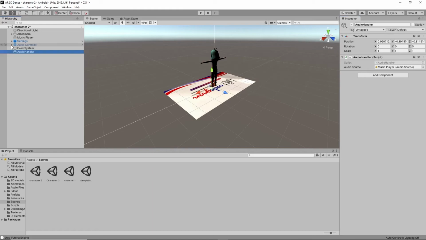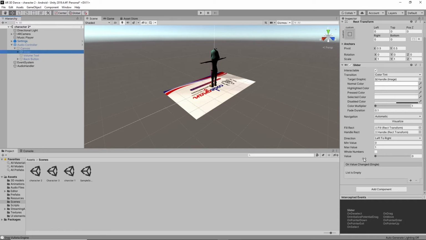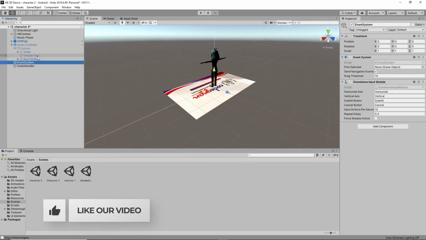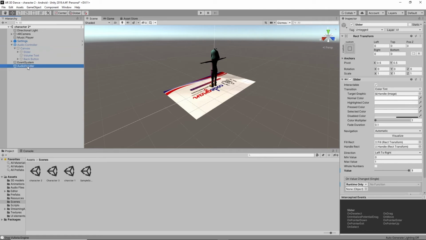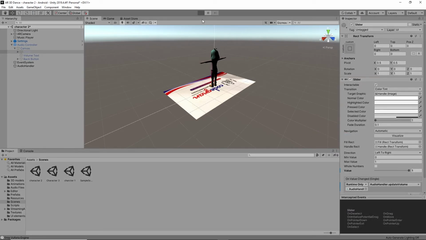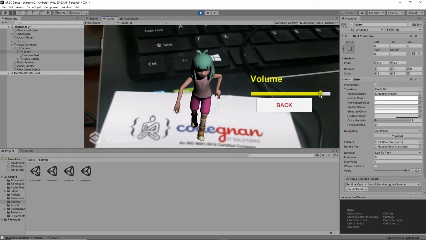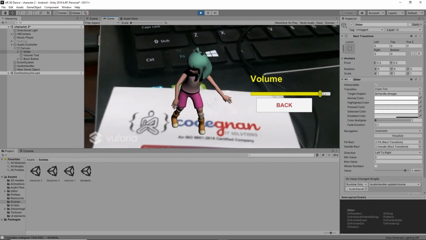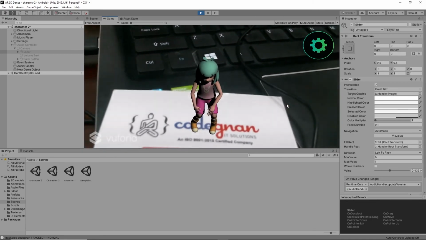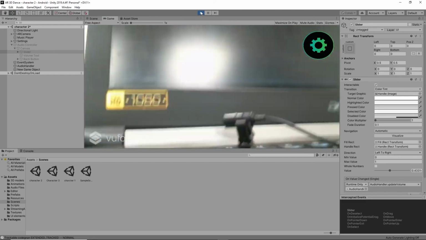Now in the slider, we have to give the function. Before that, you have to set the value to 1, max position to 1. Now drag this audio handler into the slider's runtime object, and give the audio handler's update volume. And let's check again in this one also. Yeah, this is working good.